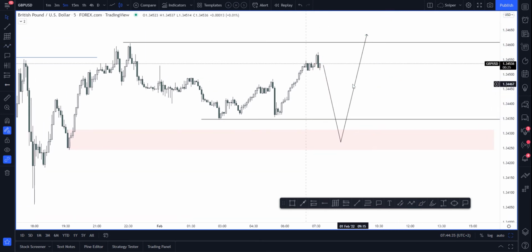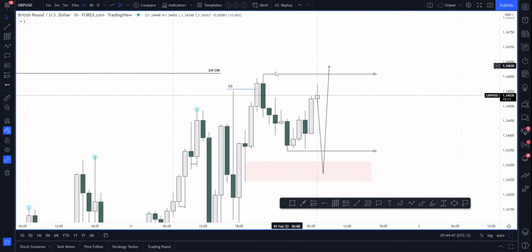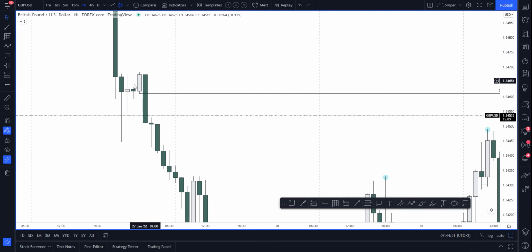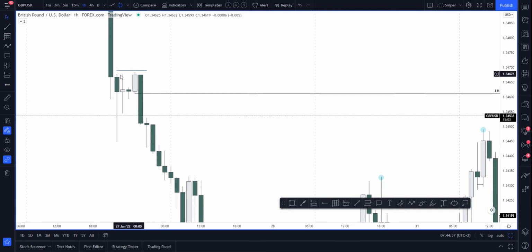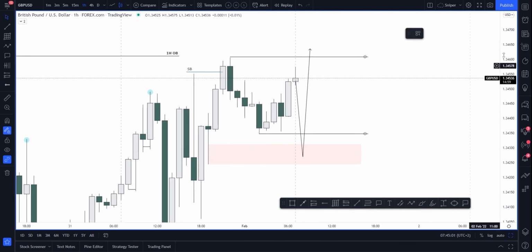What this will do for me is we'll grab the liquidity below this 1 hour lows, we'll tap into an area of demand, and we'll potentially then be reaching for the liquidity above this high, which is previous daily high, which is also deeper into the 1 hour order block, and then we can see, just note the liquidity above those equal highs there as well. So I think there's cause for price to go higher, and